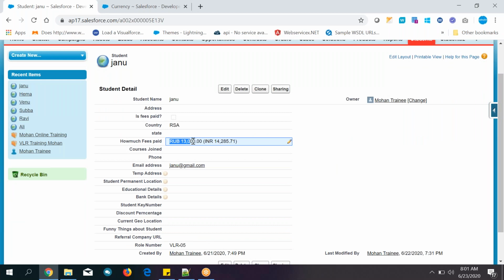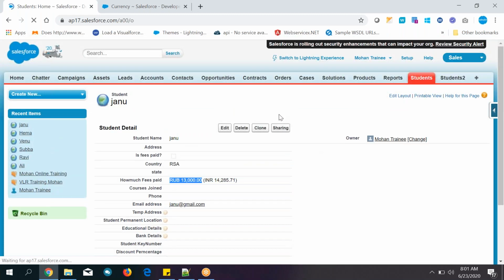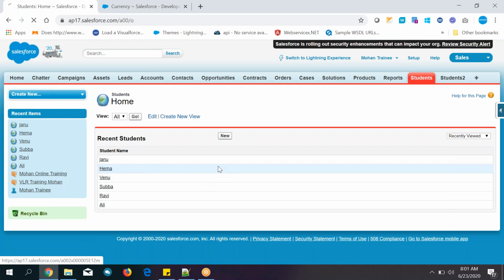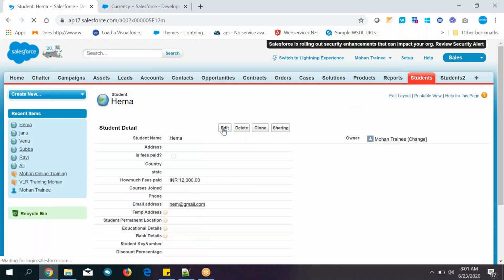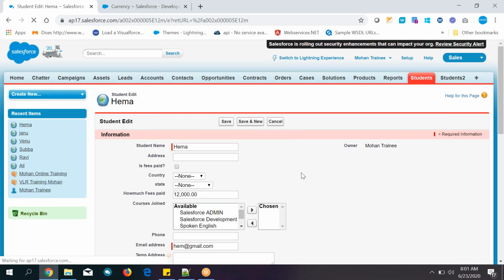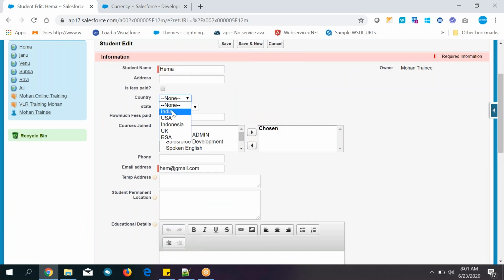See here, RUB 13,000, and if you compare with Indian rupees, that is 14,285 rupees. If you compare with rupees, he paid 14,285 rupees in India, and in Russia, 13,000. Okay, like that. Go to other students, go to Hema. Suppose Hema is located in which country? USA. Think in this way.